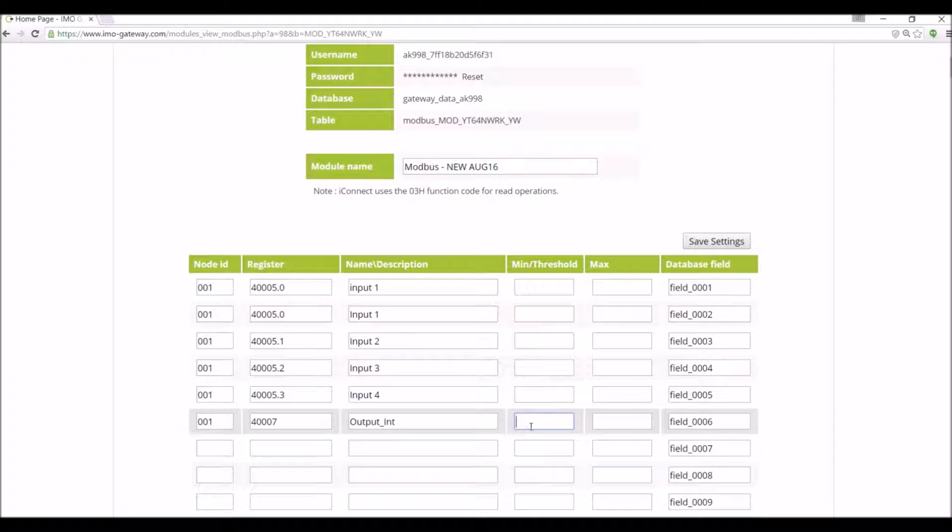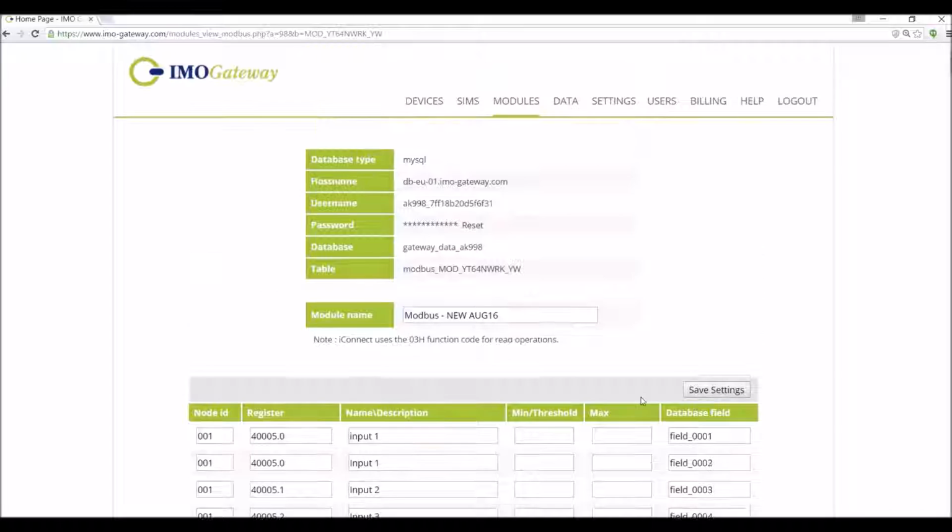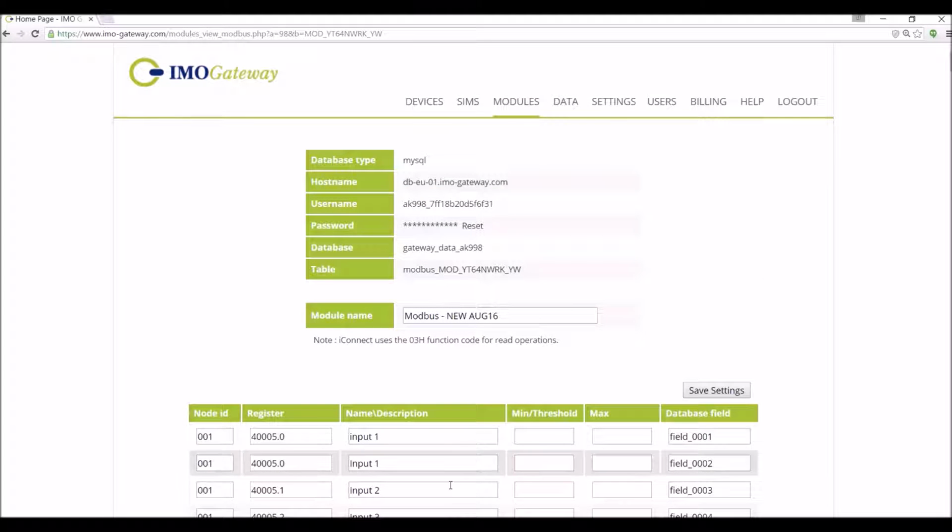And if I do have the values as 5 and 10 here for the min and max, then what will happen is if the value is between 5 and 10, it won't log it. But if it is 4, it will log it. If it is 11, it will log it. So after configuring the database, click on the save settings, and then you will be able to log to